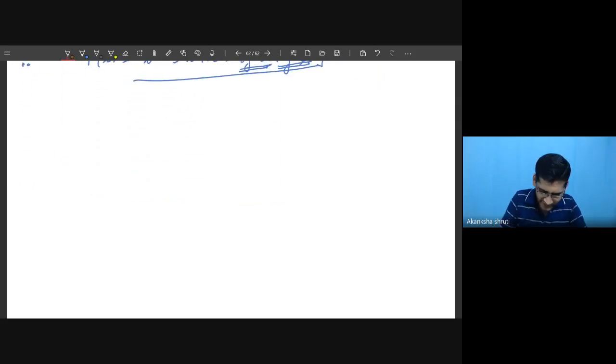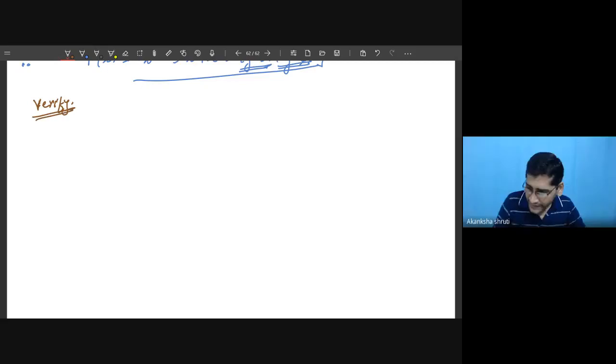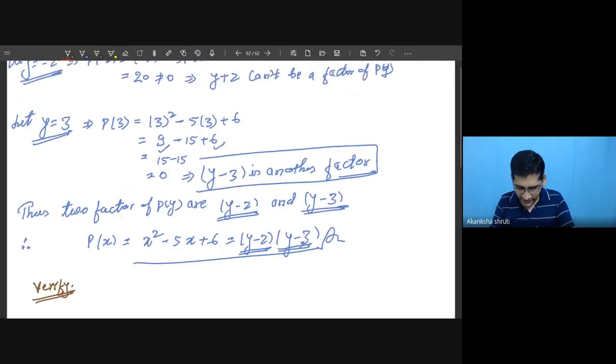Right? Verify. Sir, for the factor theorem, can we use both methods? No, when you are asked for the factor theorem, you have to stop right where we stopped just now. This is your answer. See, you took trials and obtained these two factors, meaning you obtained these two factors by trial. Then you write the given polynomial equal to the product of two factors. Okay? So here you have to stop.